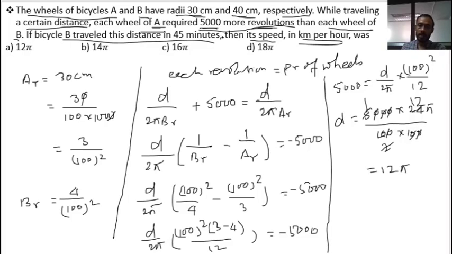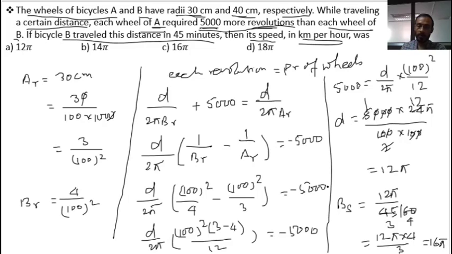Now we have to find out the speed of B. So B's speed will be the distance, that is 12 pi, divided by the time, which is 45 minutes. Now convert 45 minutes into hours, because we have to find out in kilometer per hour. So this is 45 by 60. 15, this is 3 times, this is 4 times. So this becomes 12 pi into 4 by 3,